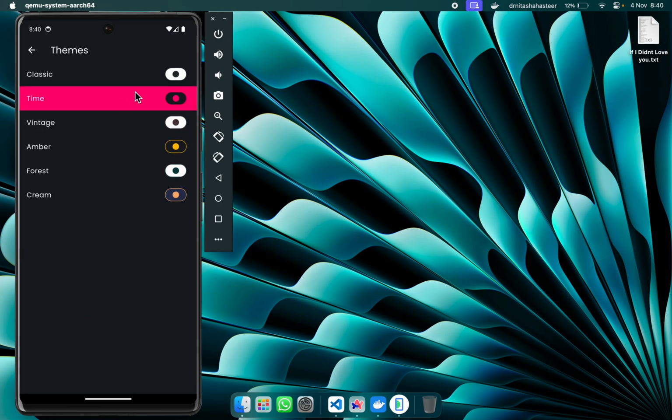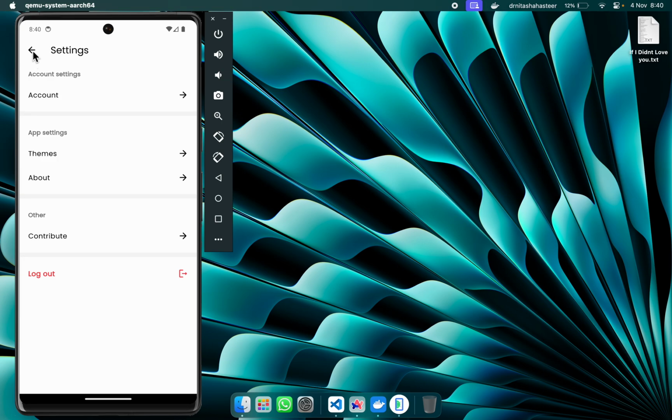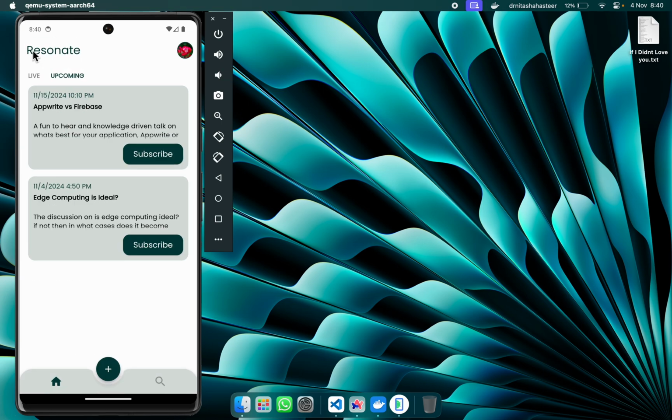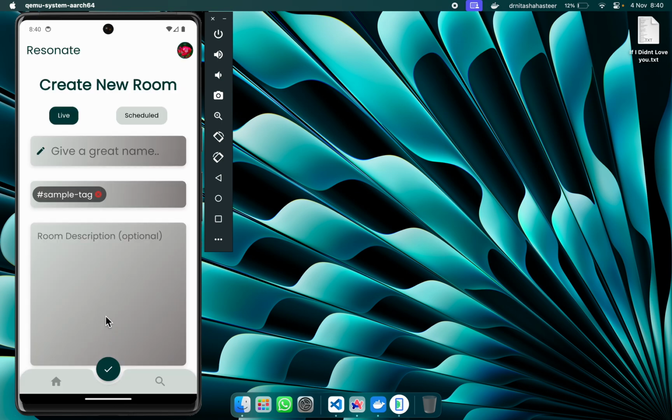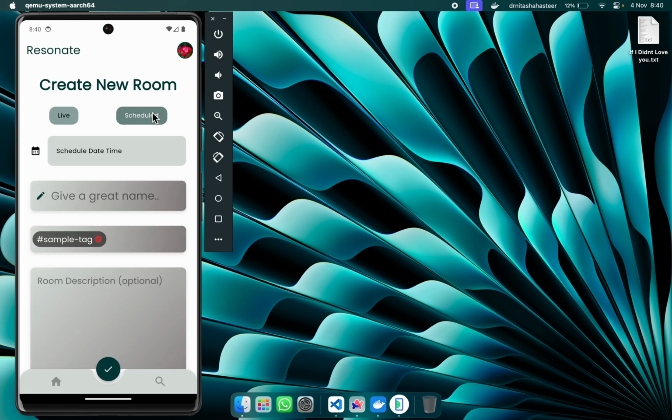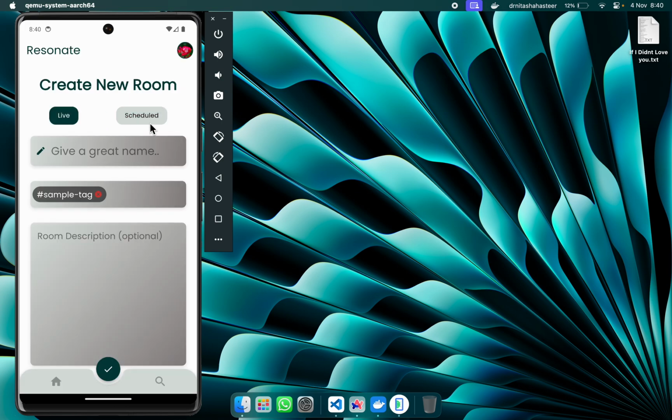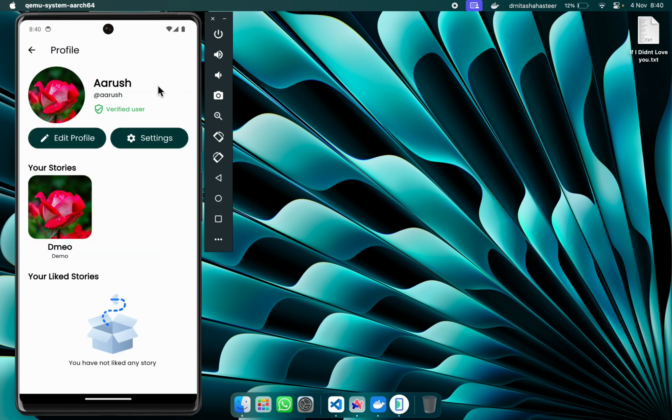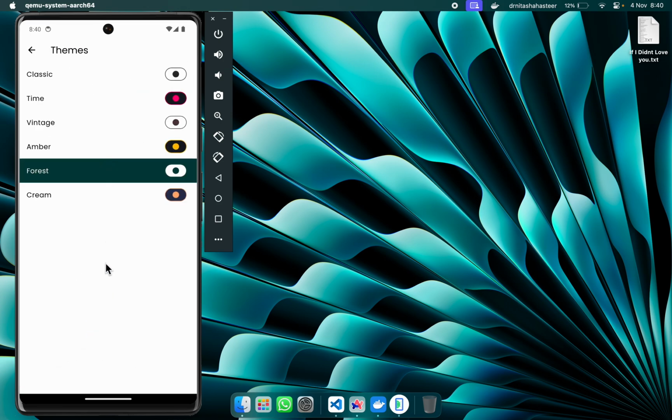One more thing I wanted to come to is that once I go into the settings part, we have themes and different theme options. If we change the theme to, for example, forest, this is how the UI looks right now. It's neat, it's clean, it's good. And this is how the create room screen looks in the forest theme. Now if we go back to settings, to themes, and go to vintage,